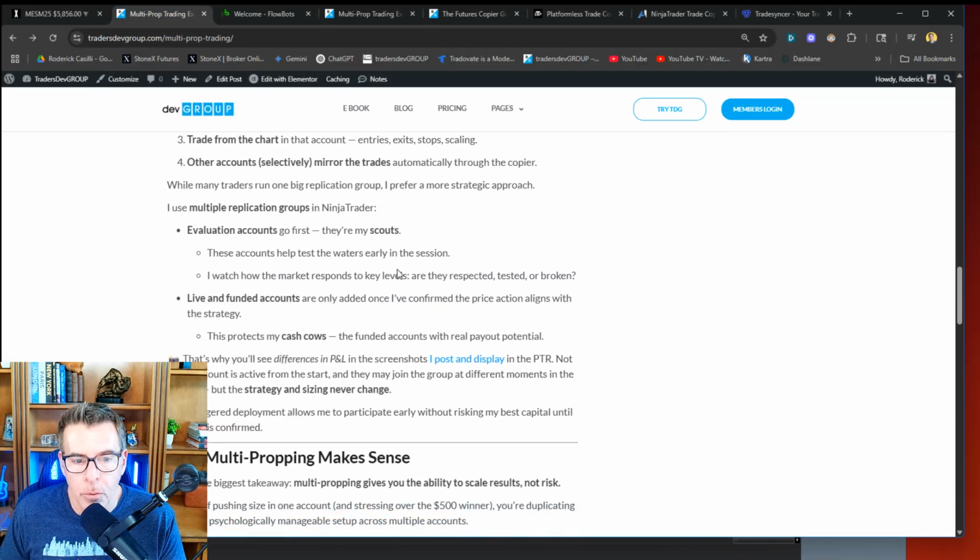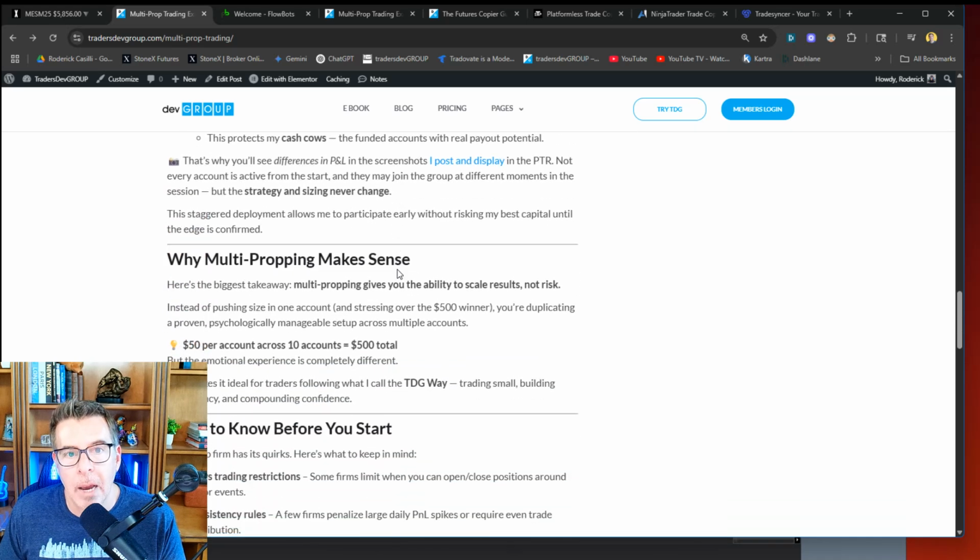And again, I go through this in a little bit more detail in terms of how I do it. I also set up what I call scouting groups, in other words. So the nice thing about trade copiers is, of course, it multiplies your gains. Well, of course, many of us lose and I lose, and we don't want to necessarily multiply losses all the time. So what you can do is actually play around with it a little bit,